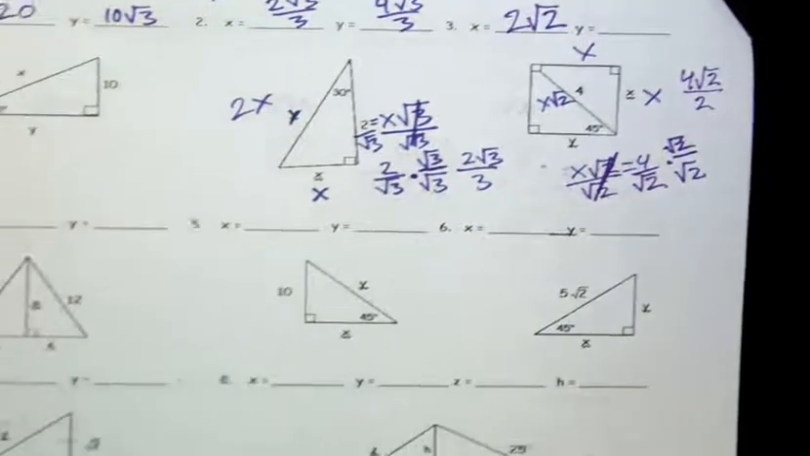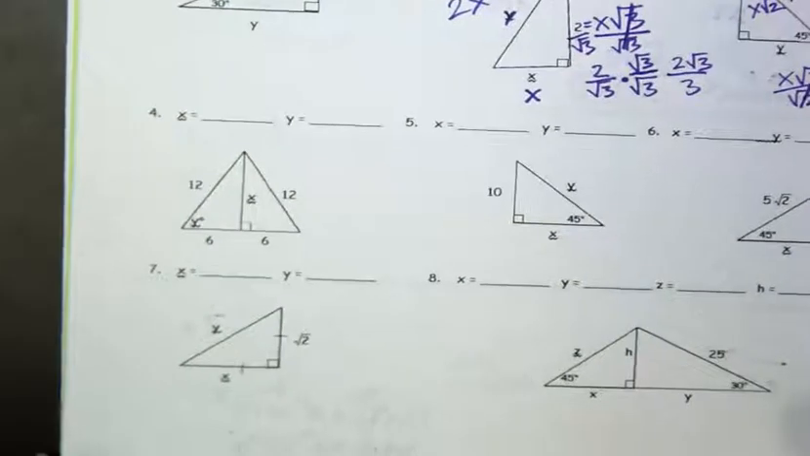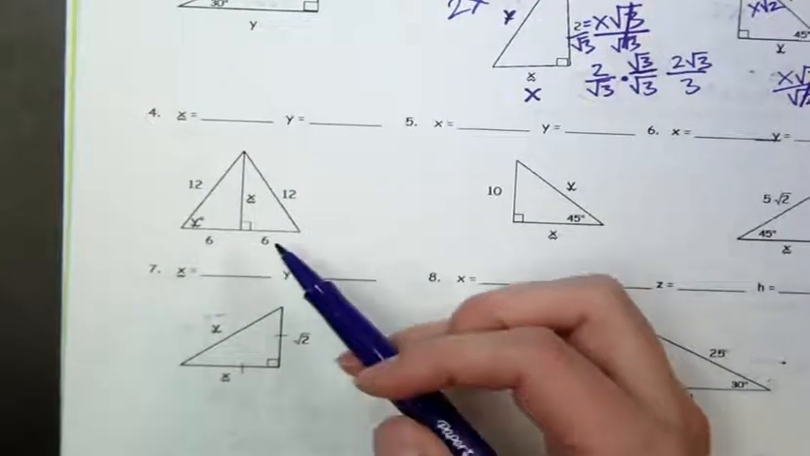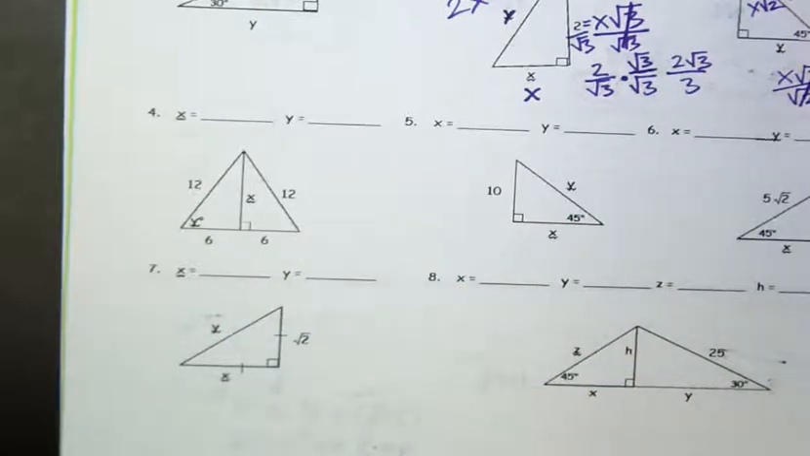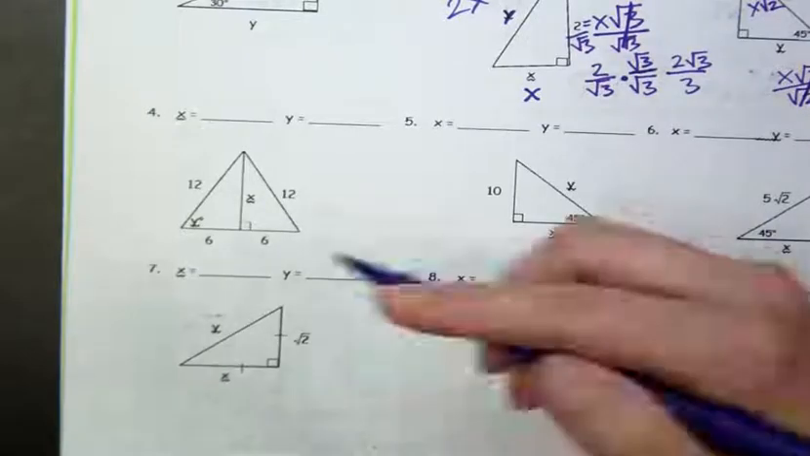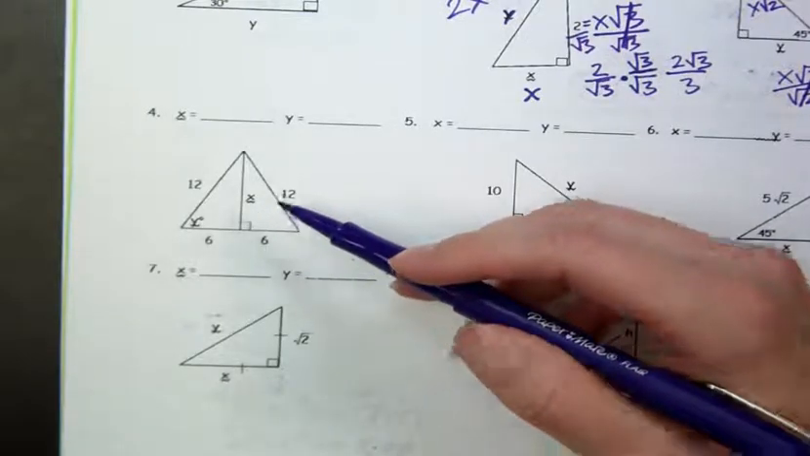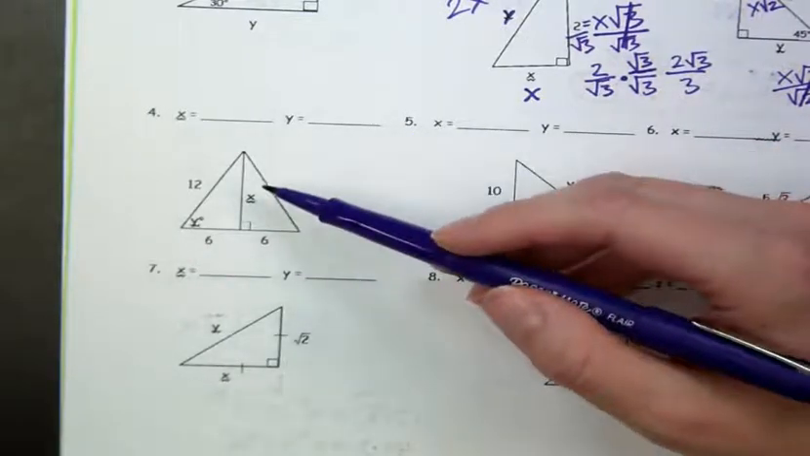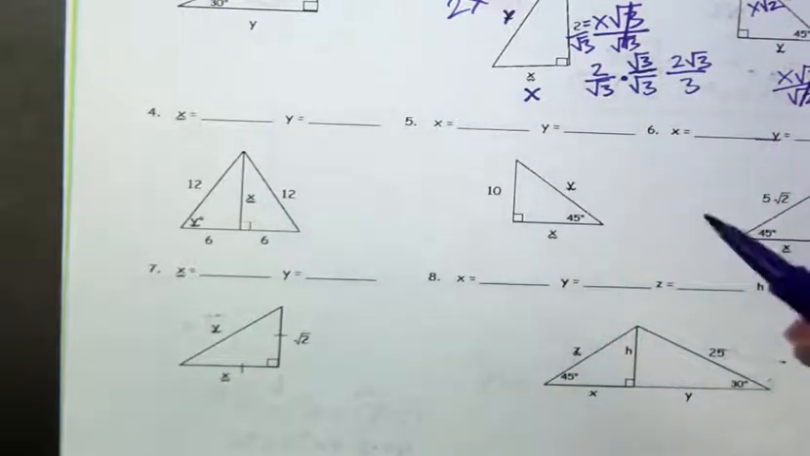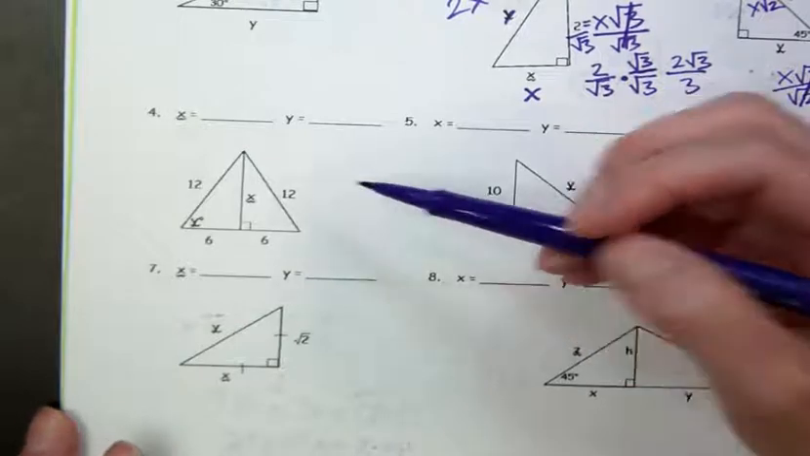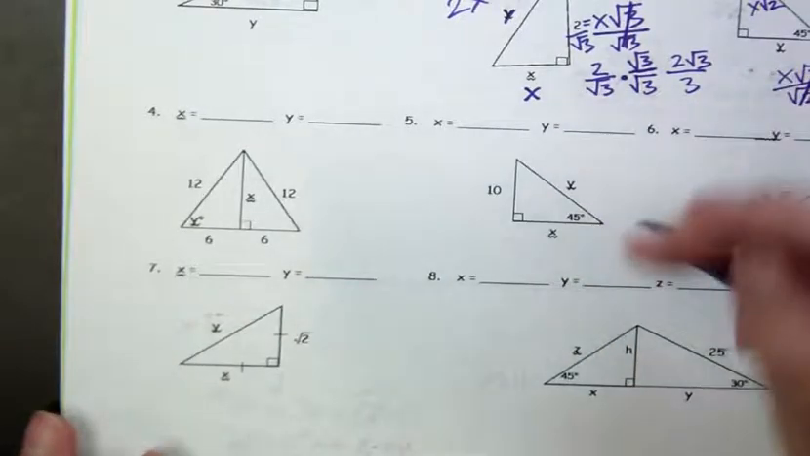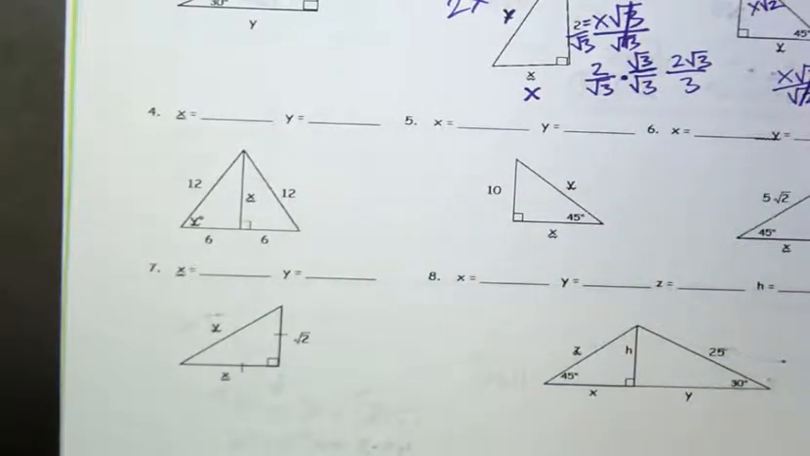All right, next one. This is another one that I wanted to point out. I saw a lot of mistakes on the test where people saw this and recognized that it was an altitude and wanted to use like leg squared or altitude squared. So just a reminder, you cannot use those formulas from the last one unless it's a right triangle cut in half. So if we had this,